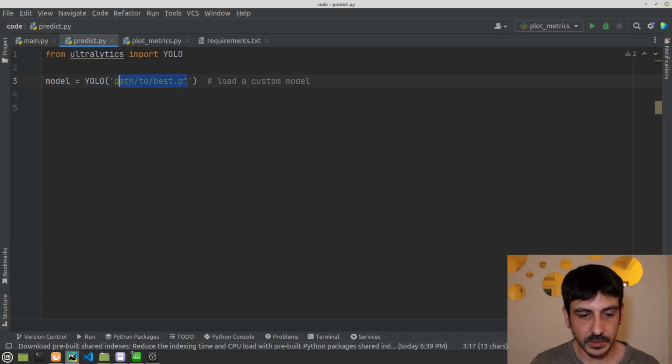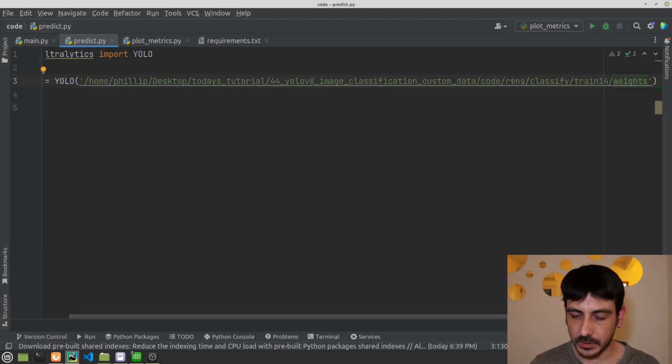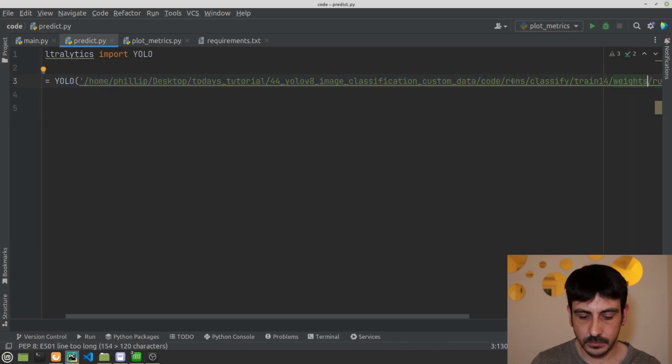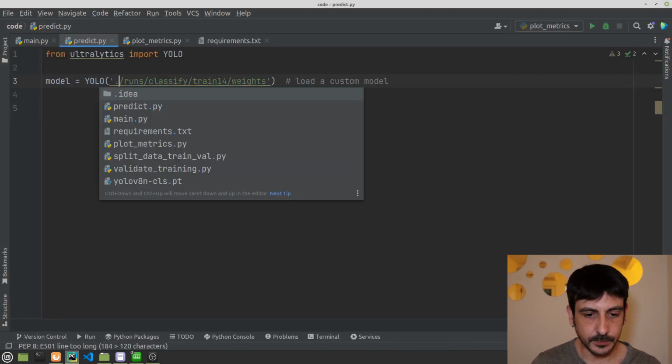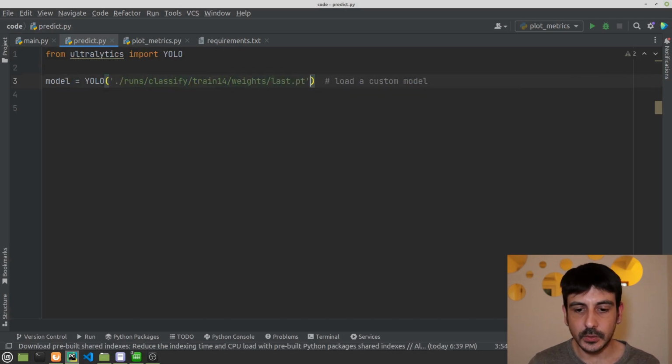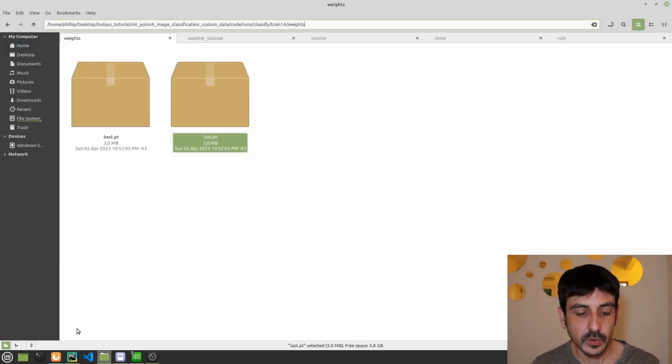We can use the relative path. So this is the path to the model we have just trained. This is the last model which we produced at the end of this training process, and this is the model I'm going to use in order to show you how this works.